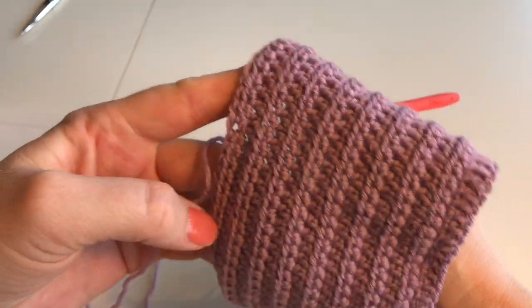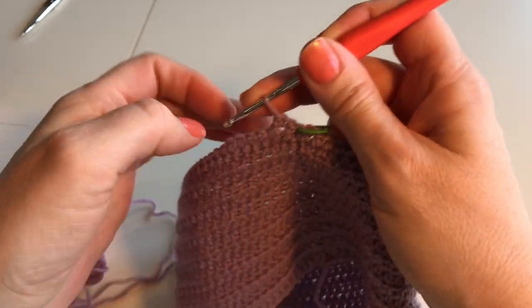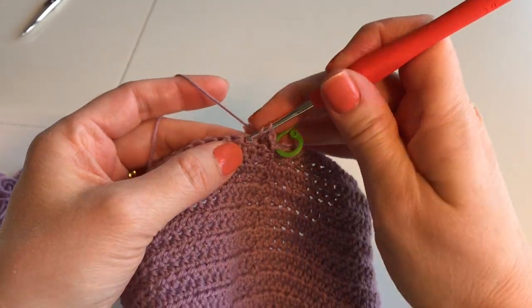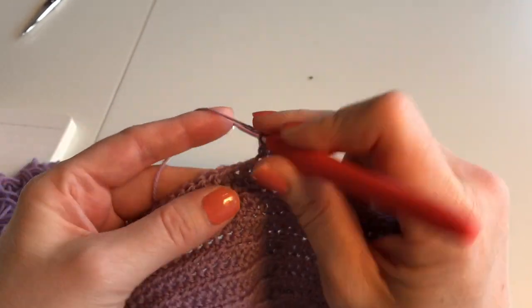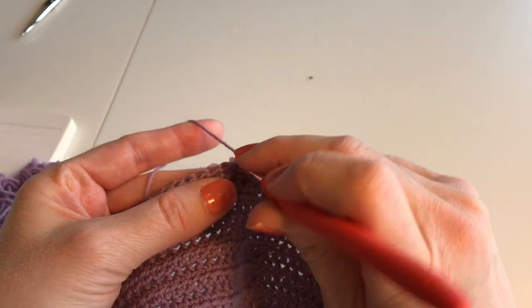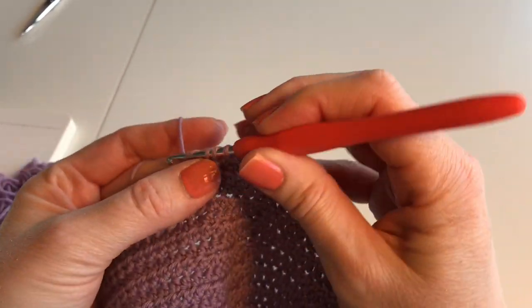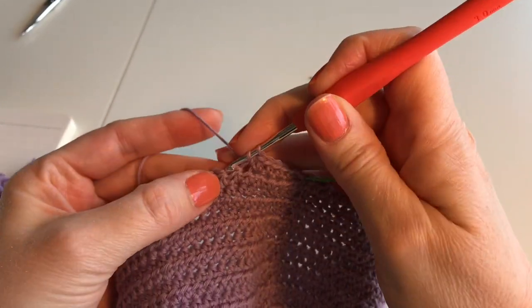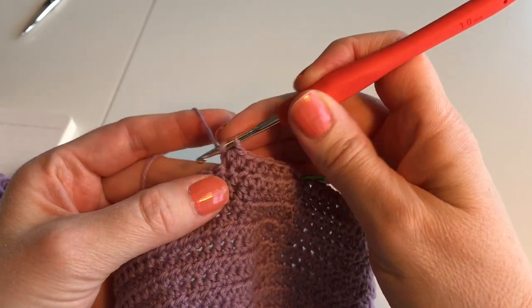And when you come to this side, you're just not going to go that far, so just count the 38 stitches. So that's 2, this is 3, 4, 5, 6, 7, oops,